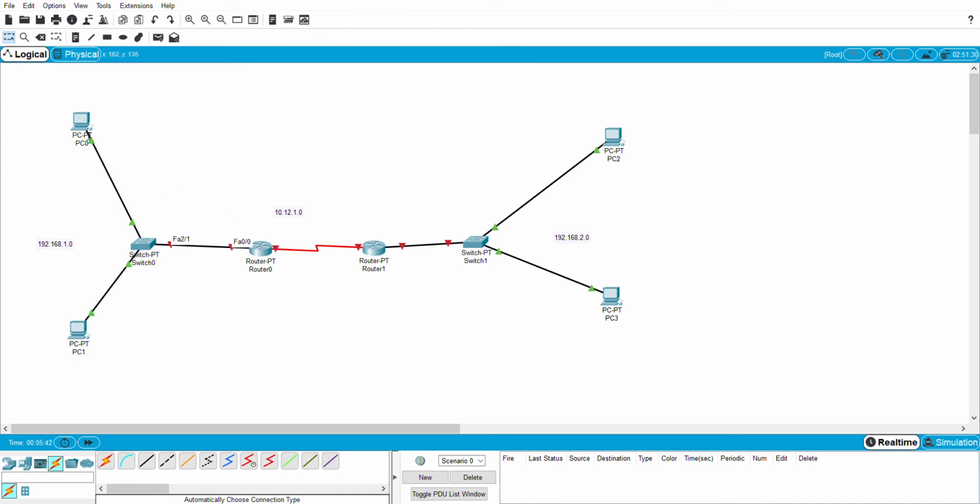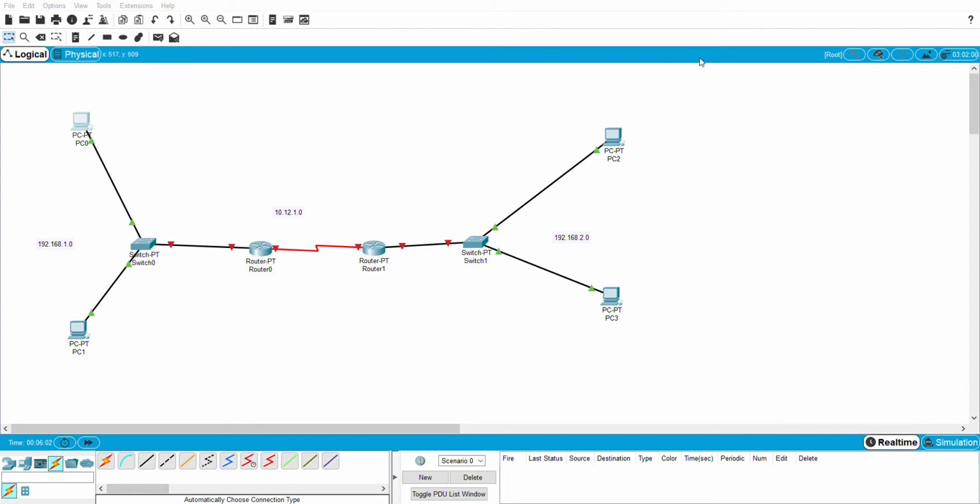So for this one we are assigning 192.168.1.2. Here the default gateway is 192.168.1.1. Understood?